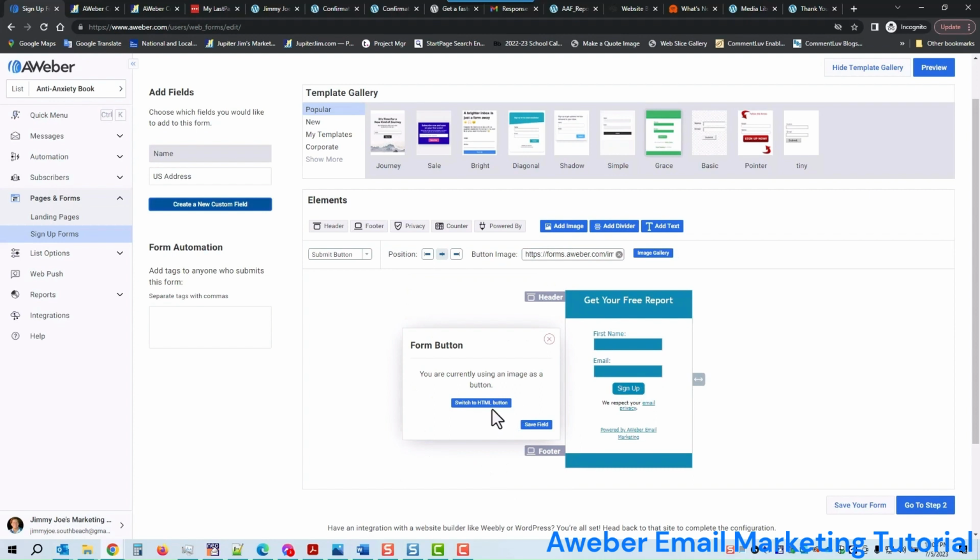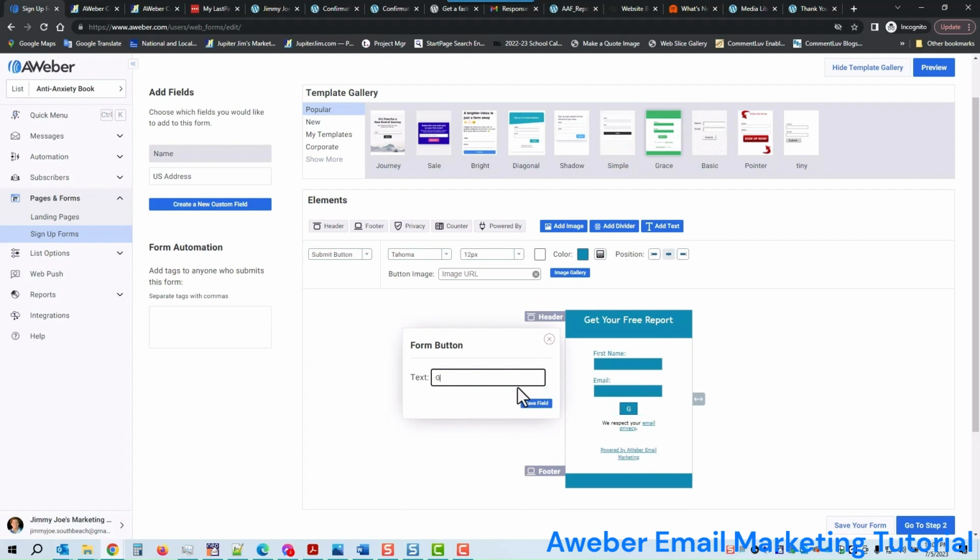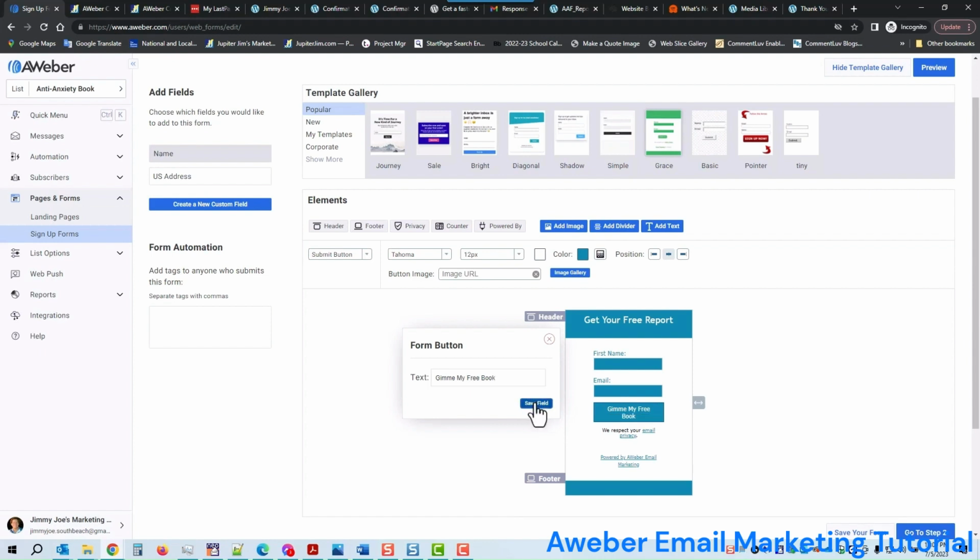Click sign up. Now, right now, that's a graphic image, and it says I'm using an image. I'm going to switch to HTML button. So let's just say, I'm going to put book. You can put whatever you want. And that's it. Let's just save that field right there. And you can see you can